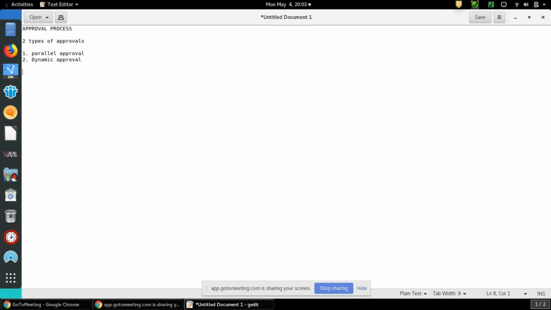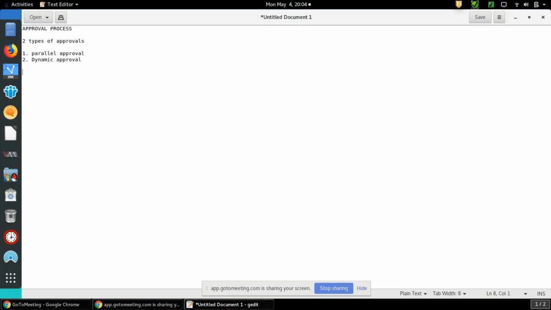Suppose the request needs three to four approvals. If you want to proceed further, in that case we go for parallel approval, so that when you submit a request, all four approvers have to approve your request.